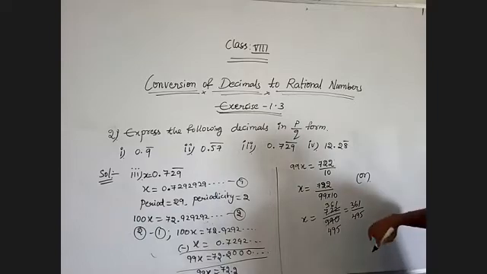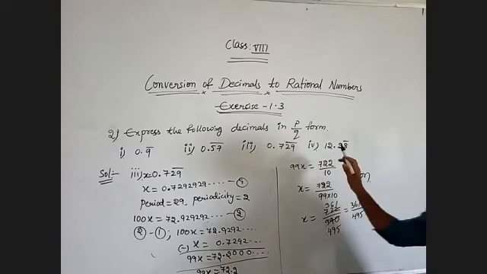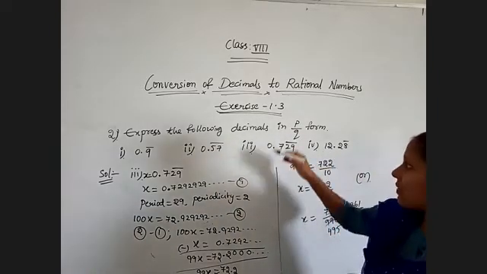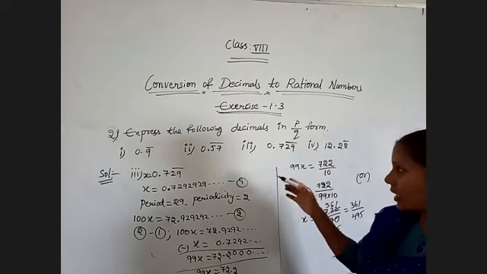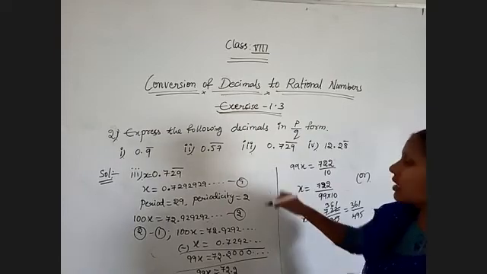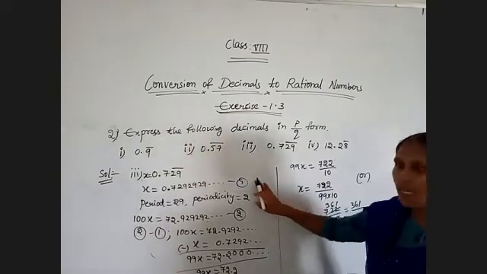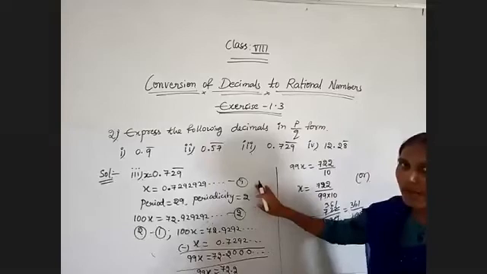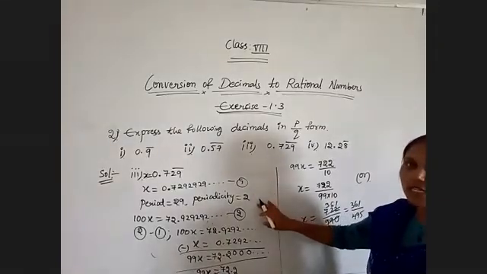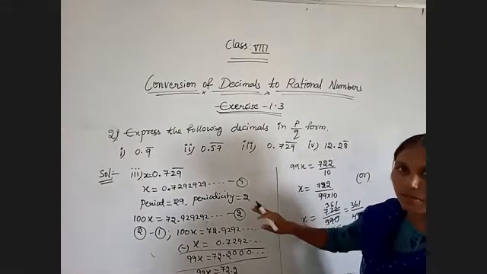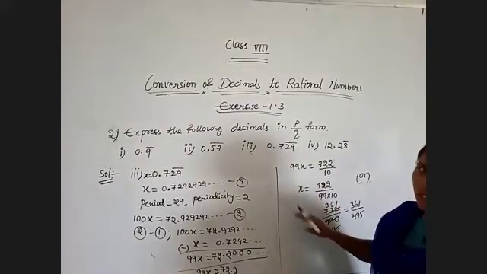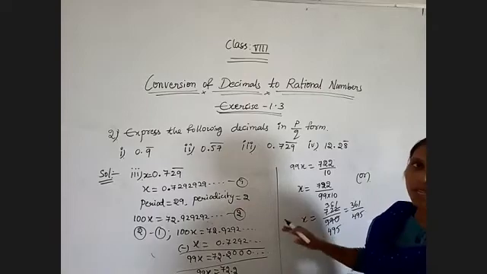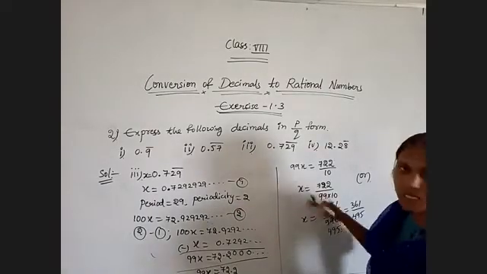Okay, same method for any type of decimals while we are converting into p by q form. In case of non-terminating decimals, we need to take that one as any other variable, expand it, find that number's periodicity, multiply with it and then subtract, and you will get the result. This is a completely formal method. For any question you need to follow these steps.